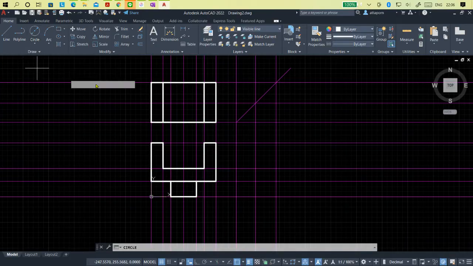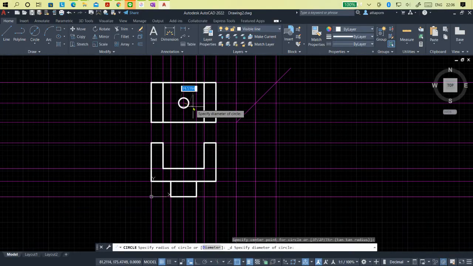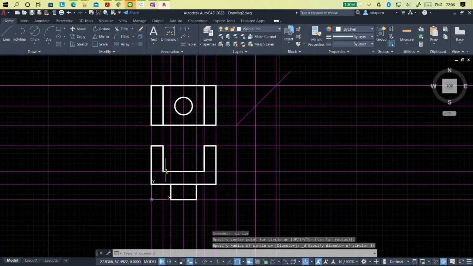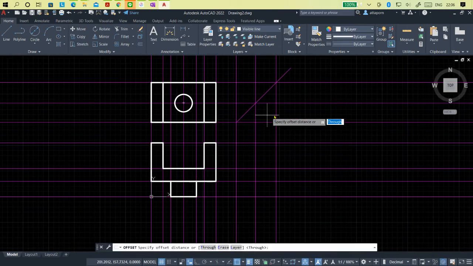Circle, choose by diameter, 34. Alright, so we can project this one to the front view by offset, and use through again, type T, or